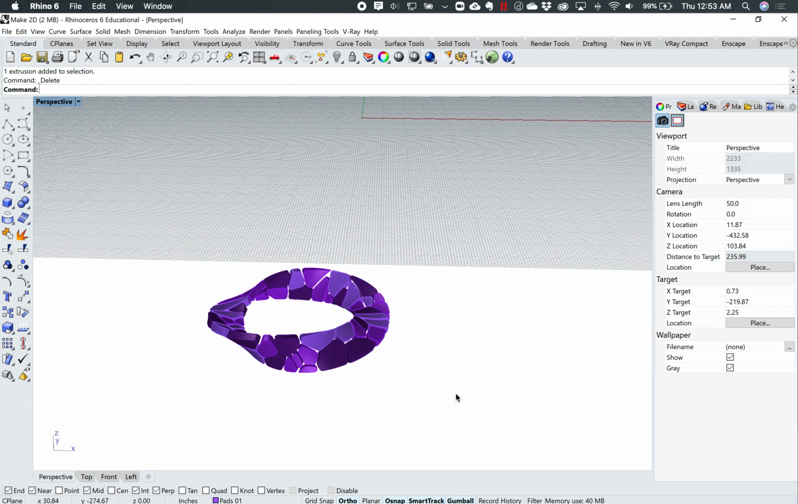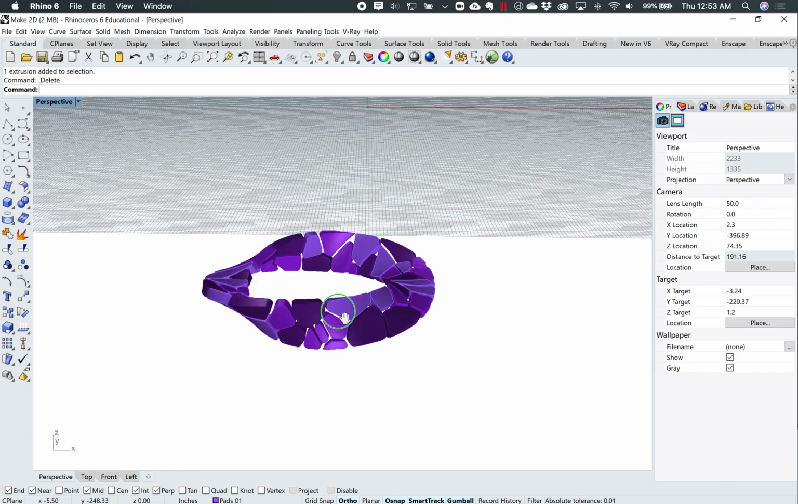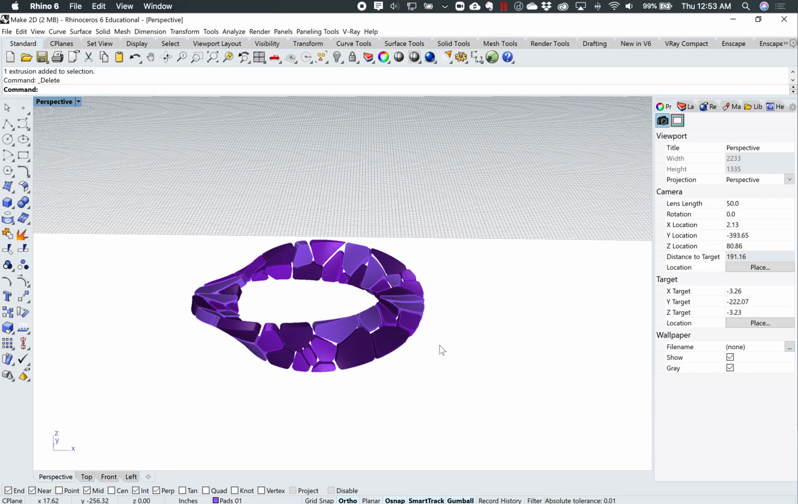Alright, so I'm going to make one or two more sets of 2D drawings of this object, but I want to make a very specific type of drawing. Without having anything selected, if you do have something selected, just hit the escape key and come over here to your properties. By default your projection should be perspective, but you can change this to parallel